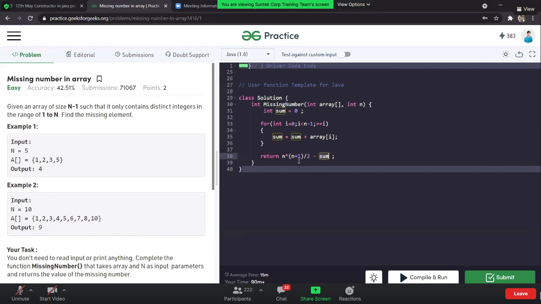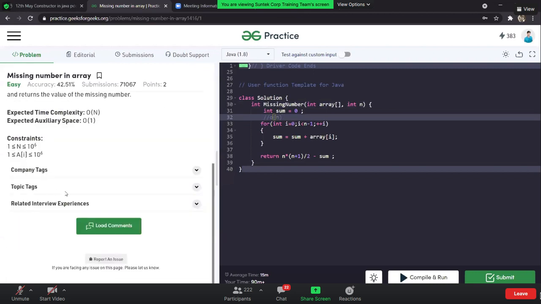Now, can anyone tell me the pros? The time complexity for this solution is big O of n only, because whatever we have written inside the loop is going to be executed only a number of times, so we are sure the time complexity does not exceed that.